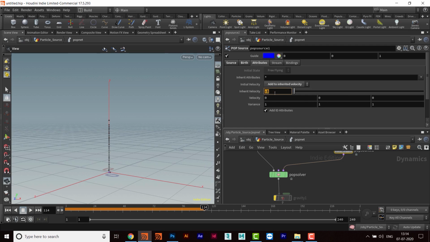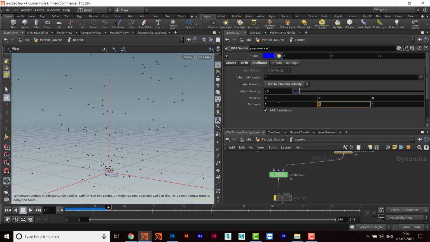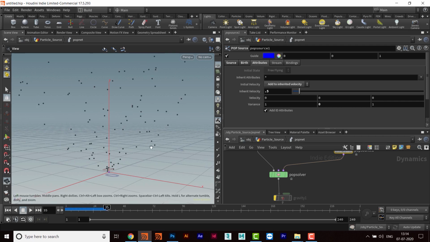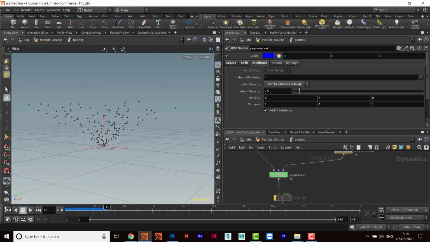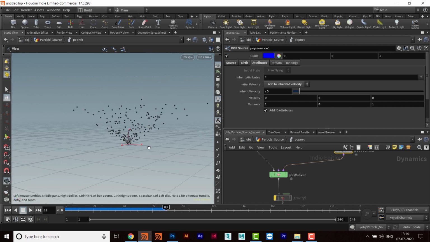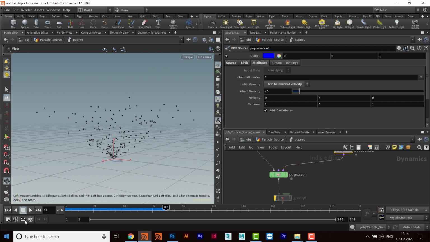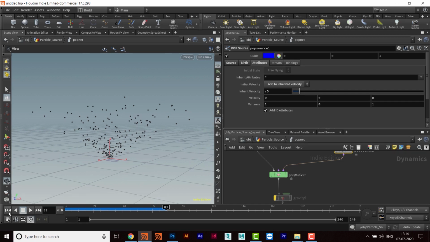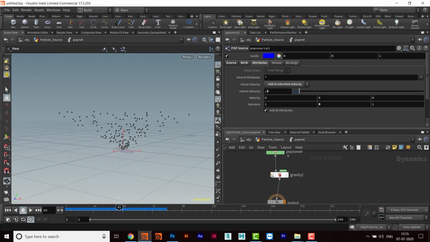That means we'll be using this velocity, and then we'll add some more velocity onto this one. Okay, so if I use 0.5 maybe, along with that I'll be giving some variation to it like this. So I will make this variation 0, and I'll give variation in x-axis and z-axis. Okay, so now this will be working like that. And now I can use this gravitational force here, and that will be working.